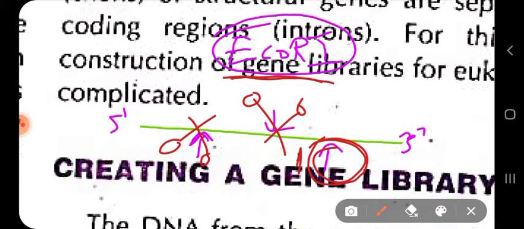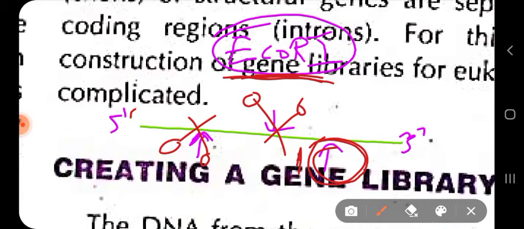In this way, the number of fragments is reduced. Previously, if three sites were recognized by EcoR1, then four fragments were produced, right? One fragment is this, another is this, another is this, another is this. But as we have withdrawn from here, only three fragments are produced. So this is what we call partial digestion.